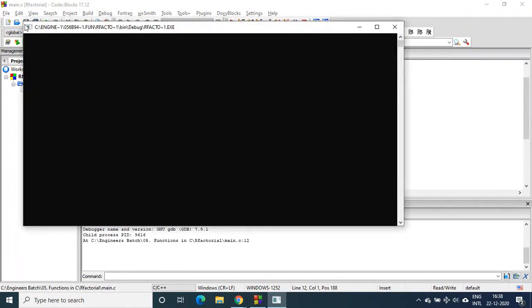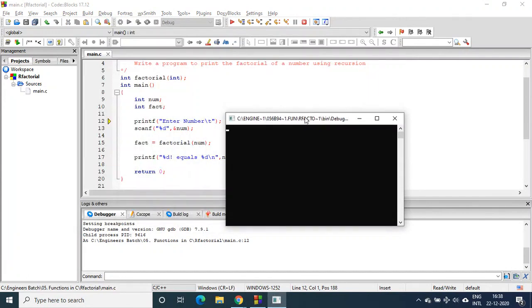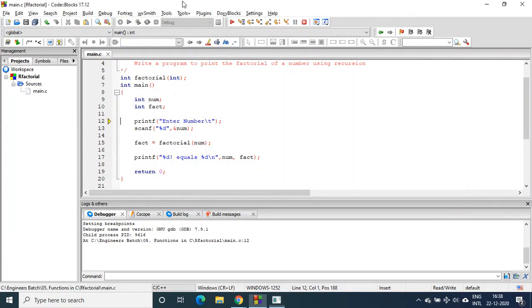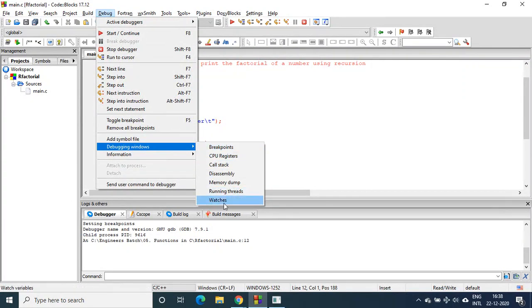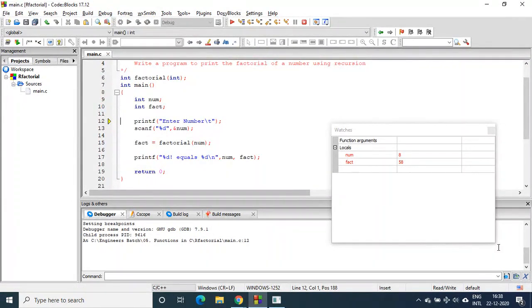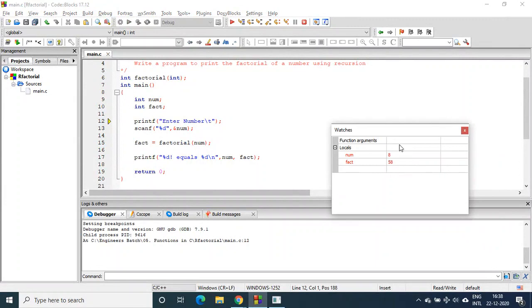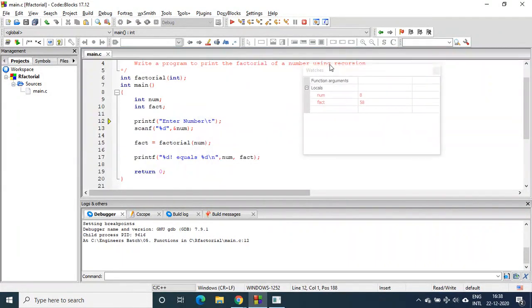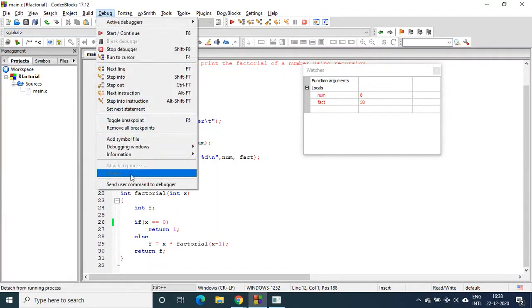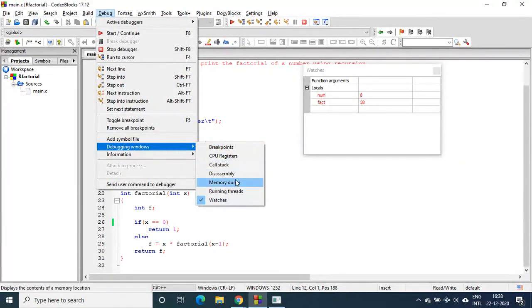So there is output, right? And I will add the watch window here. At the same time, this I will close. At the same time, I will open the call stack.